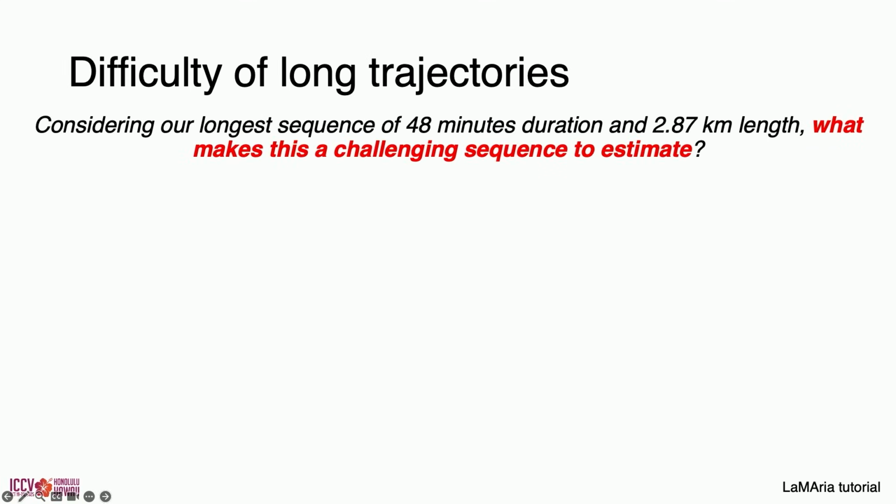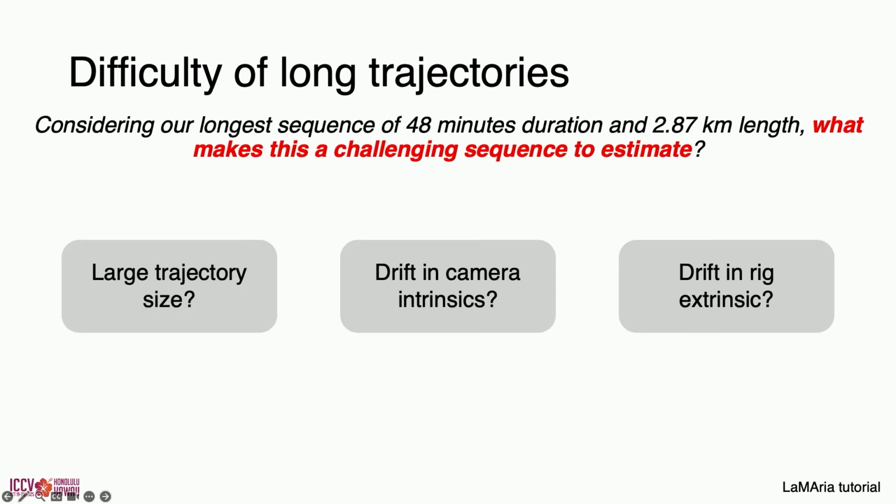Then another interesting thing that we studied was also the question that I would like to raise, which is, considering our longest sequence, which is 48 minutes and almost 3 kilometers, what makes this a challenging sequence to estimate? It could either be just that the trajectory is so large and doesn't have loop closures, it's continuous straight walking from ETH to central Zurich, or it could also be this drift in